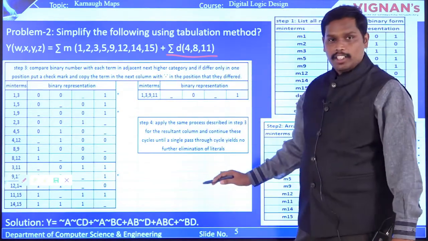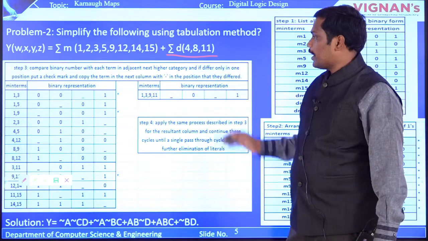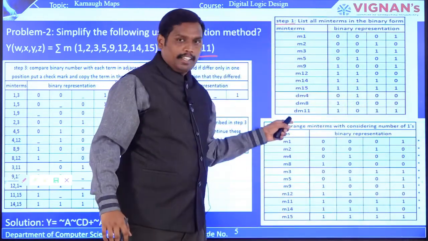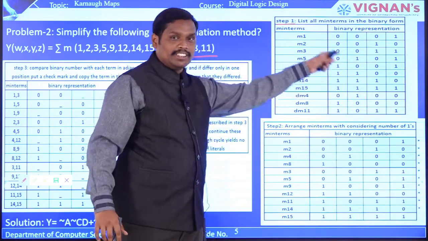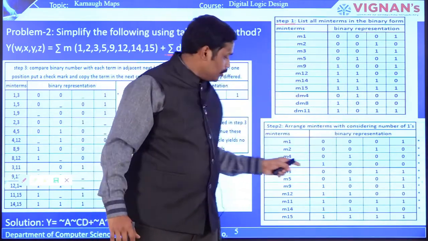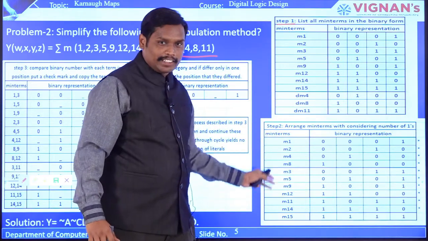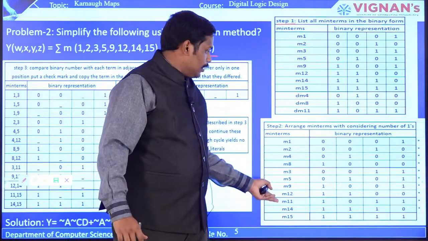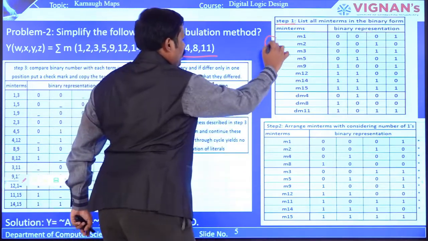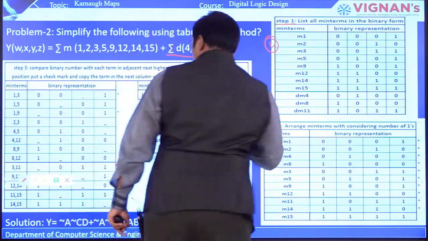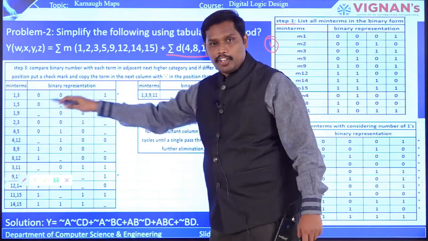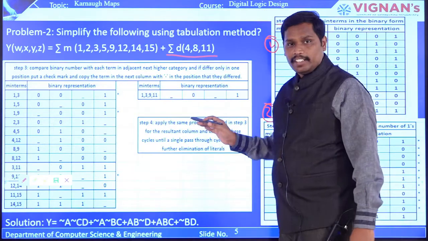So while solving this problem with the don't care conditions, you have to construct step 1. So the same binary min terms that you have taken, binary representations. From this particular table, you are going to arrange min terms considering the number of ones. So based on the priority of number of ones, you are going to construct a min term table. And then from this table, so this is the first step, this is the second step, and from this you are going to construct a third step, where you are going to have underscores and all that. So you can have a reference for that.